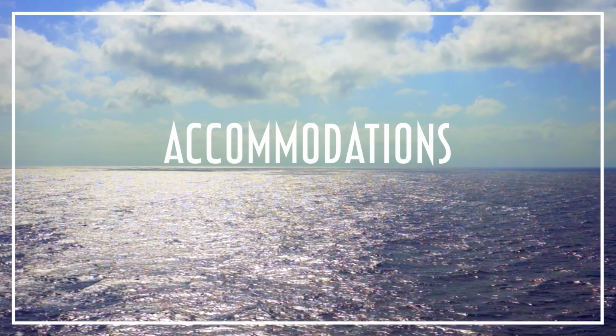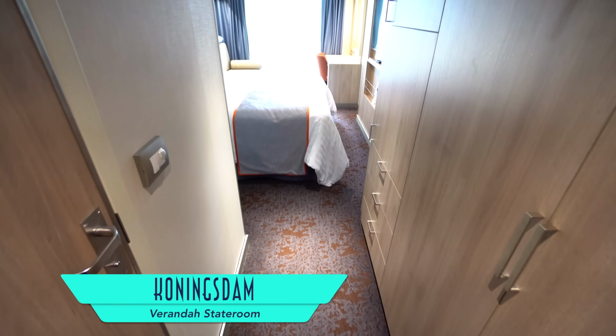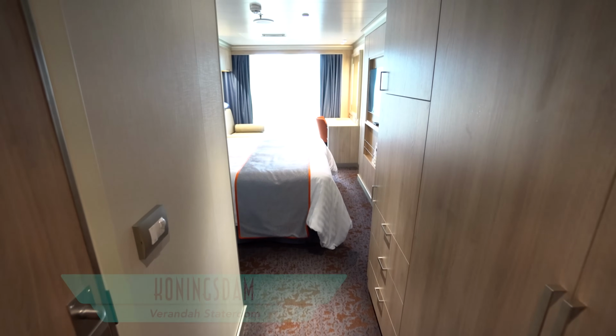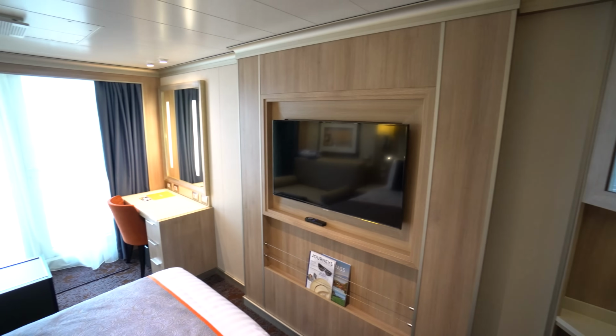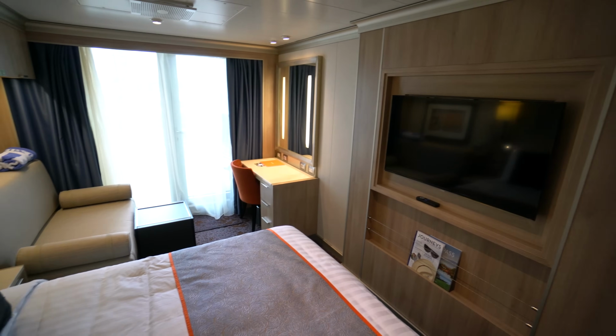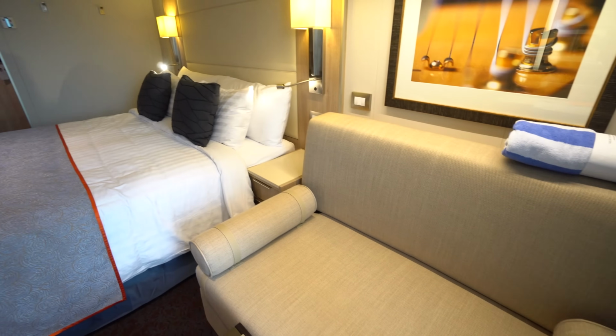Then we got to enjoy a full sailing on board in private accommodations of a Verandah stateroom, where Holland America Line's new design approach is fully evident. Colors and finishes are lighter and more cheery than before. Only the pleasant pewter accents are carried over from previous ships. The Koningsdam's fun musical theme even begins here,